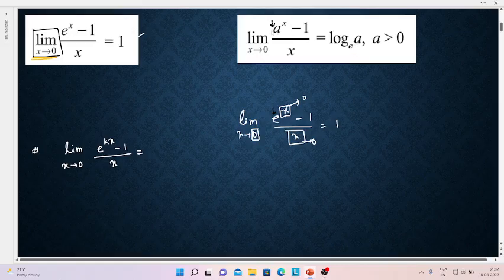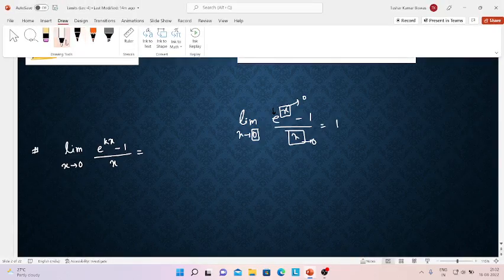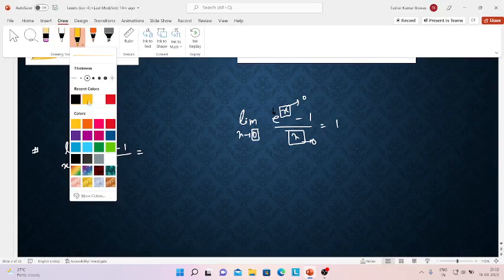Similarly, if I take these two formulas, then I can write this particular thing as log e base e, that is nothing but 1. So that is why I write here 1. So these two formulas are actually very similar, and you can understand that this is literally very similar, right? Okay, so